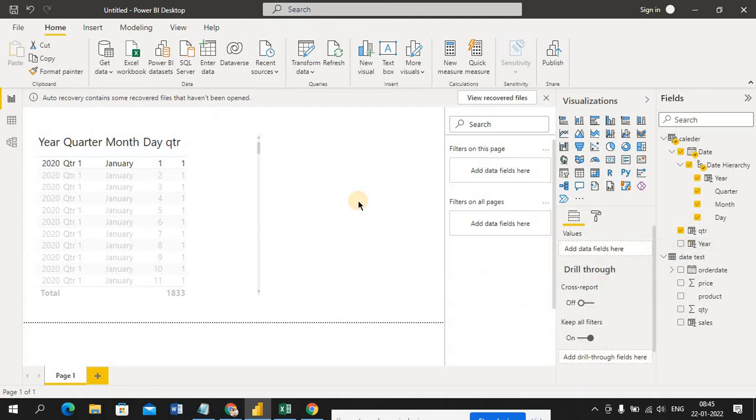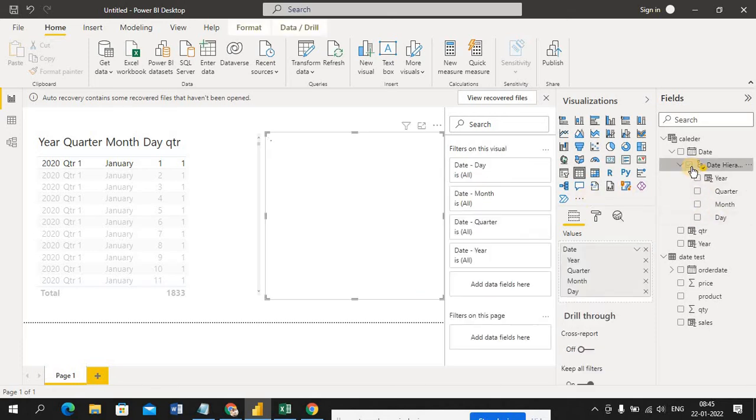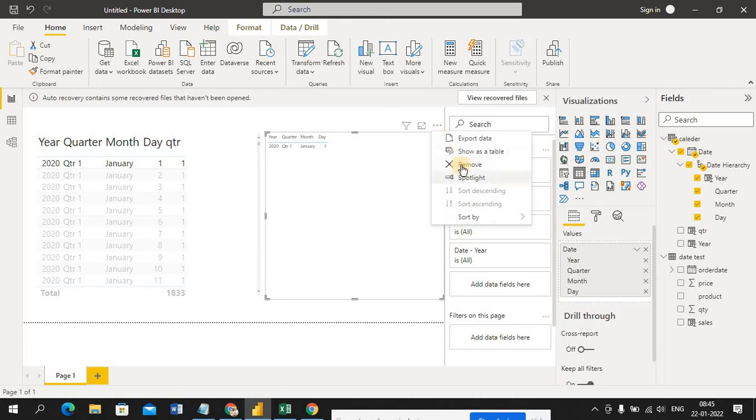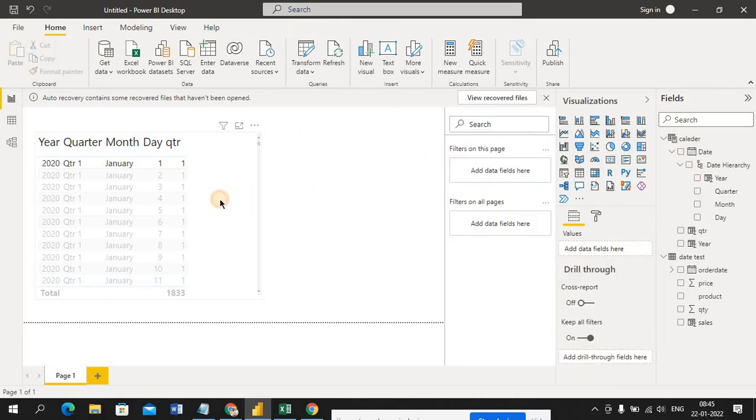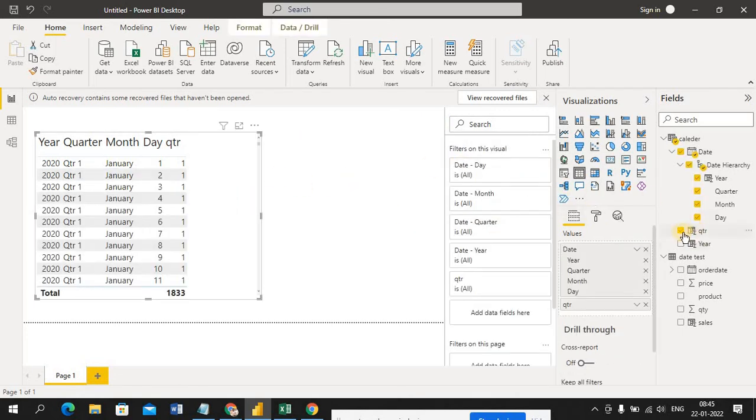Okay. Now I want to see the 2020 dates. You can see here, just select this. So I got this.